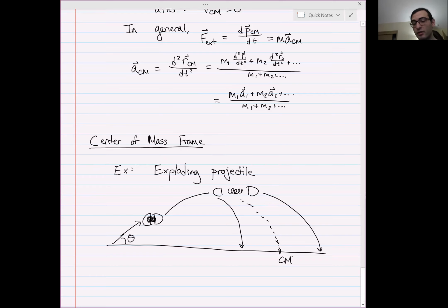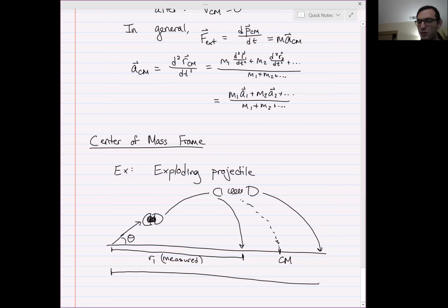So let's say that this distance here is measured. Let's say we get out a ruler and we measure this. And we don't know this distance. We don't know the distance that the other half goes. How would we find that distance? Well,